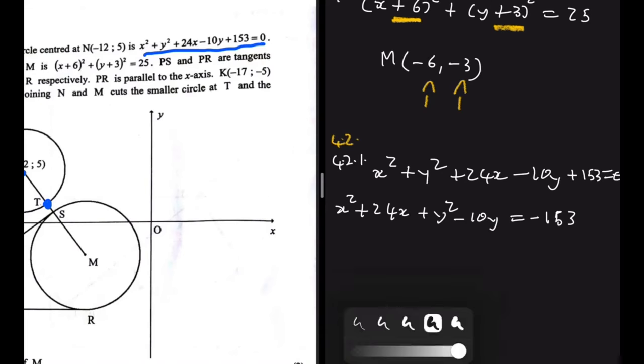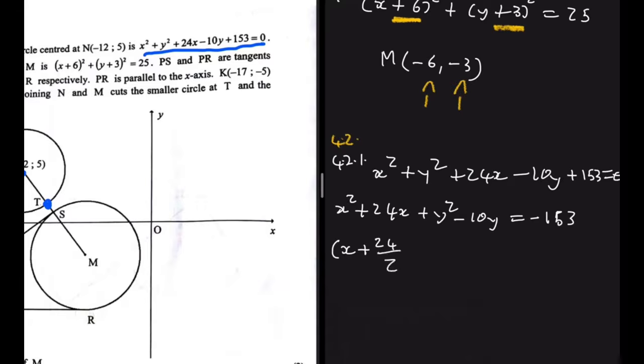So what you want to do here, you want to say (x + 24/2), 24 being the coefficient of x, right? And then we can square that. So you square that, and then we're going to have plus (y - 10/2), this coefficient of y, and then we're supposed to square that, and all of that will be equal to minus